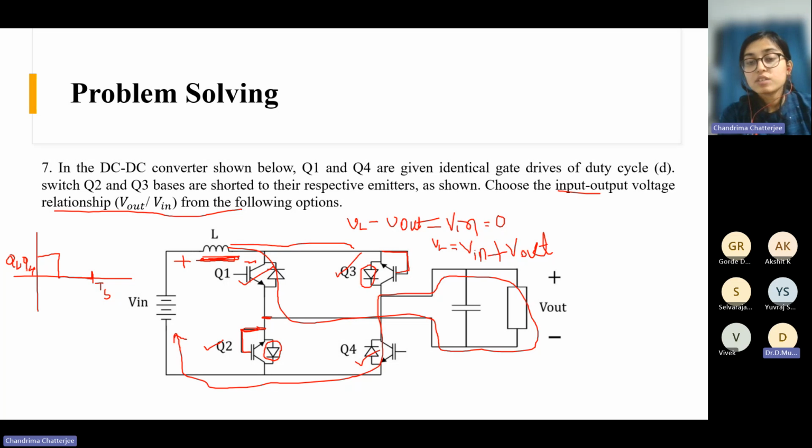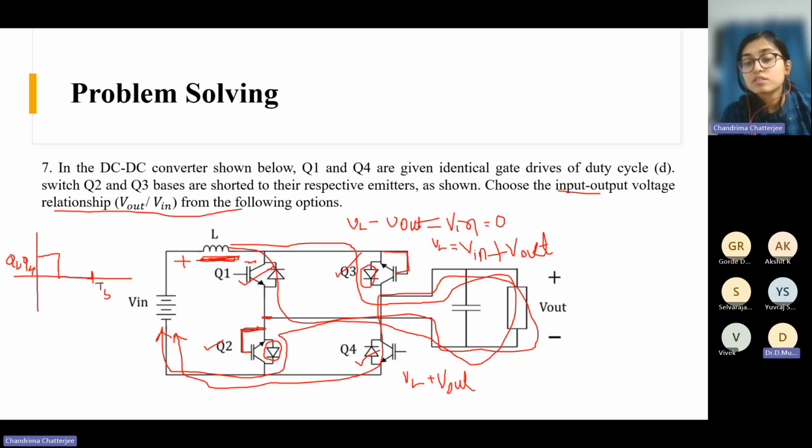So current will go like this through this diode, then like this, then through this diode and back to the source. Okay. The current will flow through these diodes. So in that case, if you again apply the KVL, the voltage across the inductor, then what you will get? VL, it is going like this. So now it is plus V out, right? So plus V out,